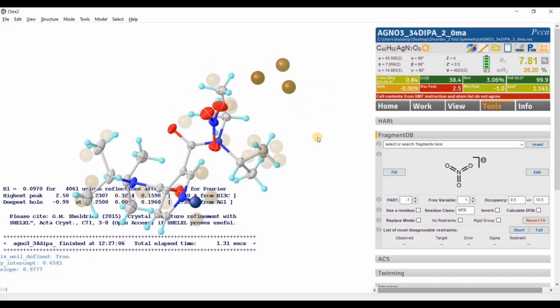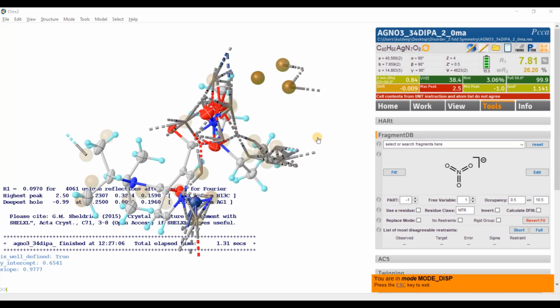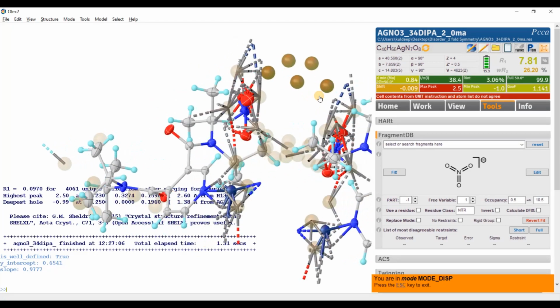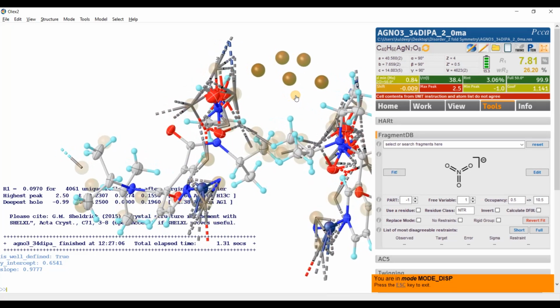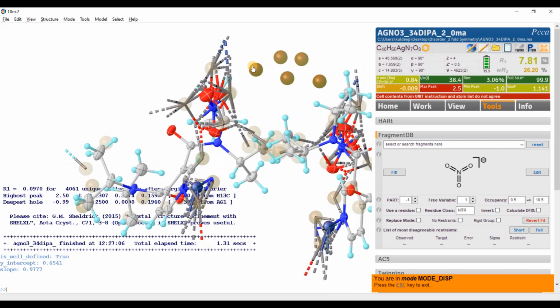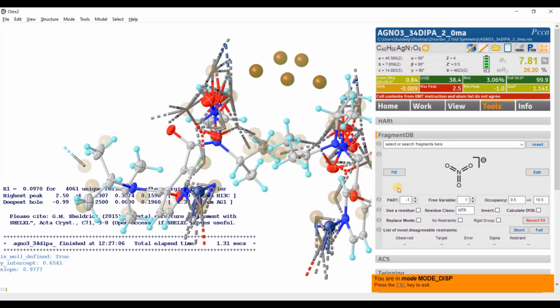Now, what I have to do, I am going to press Ctrl G and it will grow like this. So here there is strong, strange electron density which is not forming any known molecule. But from the crystallization point of view, we are expecting some ethanol molecule in the crystal lattice. So let's fit the ethanol. Since the ethanol molecule is on the symmetry, we are again using the part -1 and the occupancy is only 0.5,